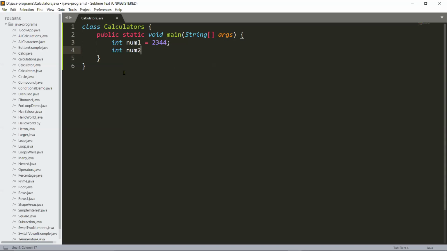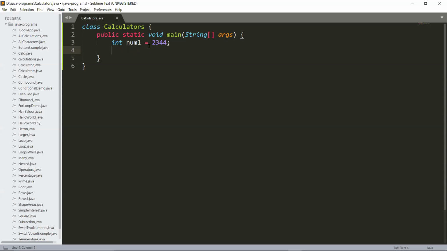Enter int num2. These are known as the variables, and these are the values that are stored inside these variables. So anytime you want to call these variables, Java has allotted a special memory for these variables which have a specific value mentioned. Now, if, say for example, int data type has the range between minus 2 billion to 2 billion, anything more than that and it is not in its range, so you therefore use long. But for now I'll mention a number between minus 2 billion and 2 billion.